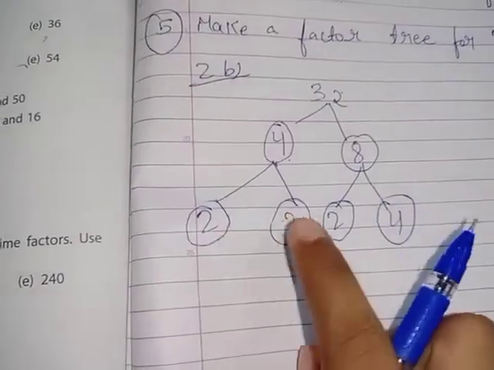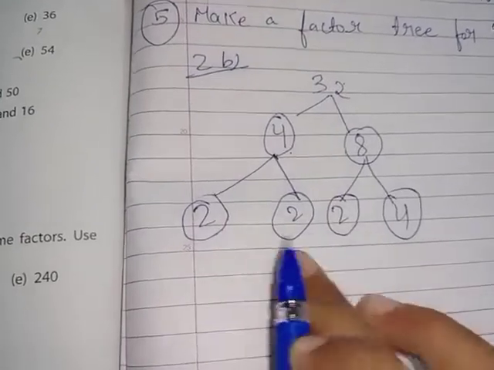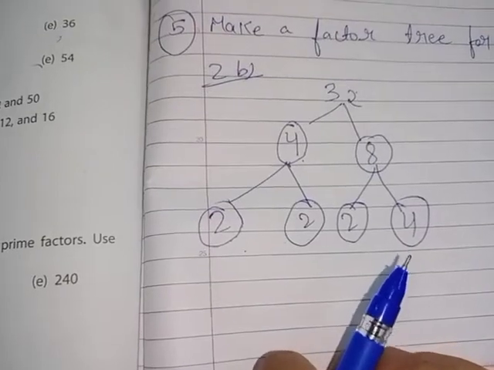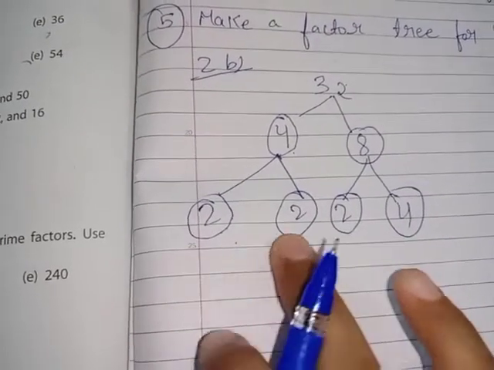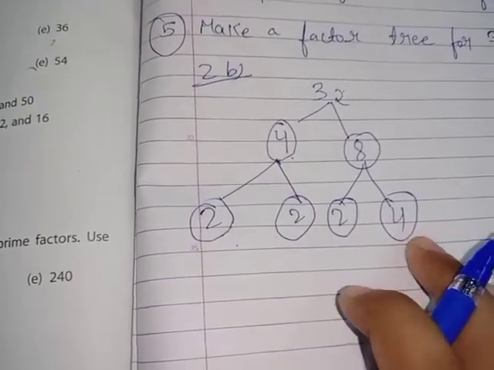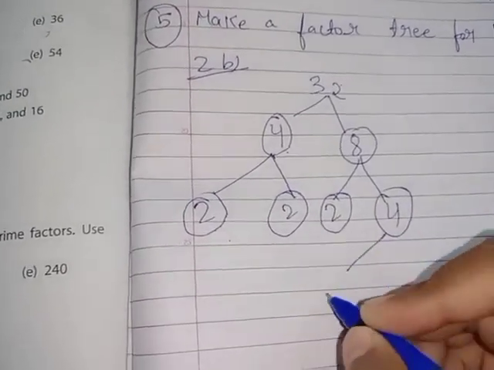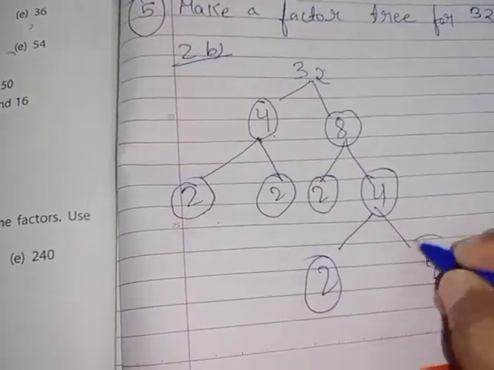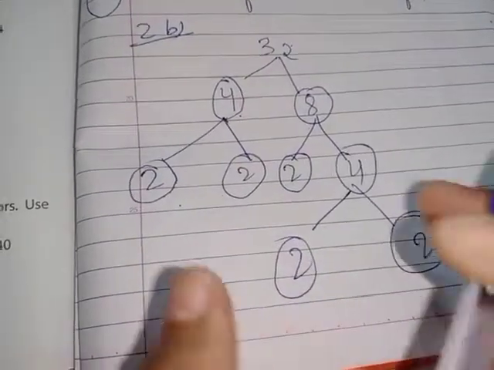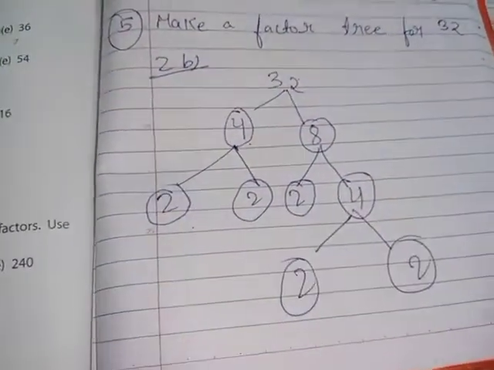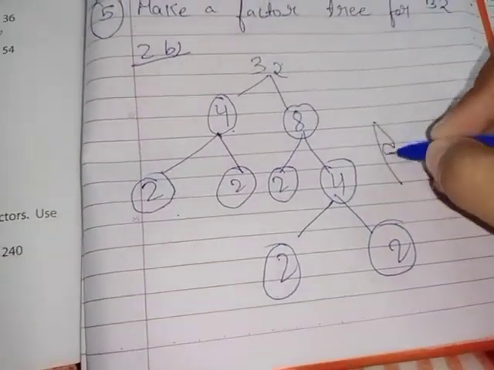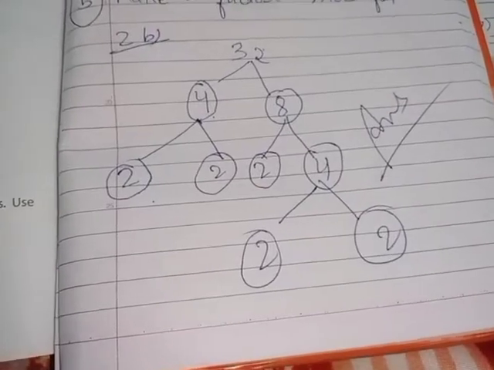We are given 2, 2, 2 and 4. 2, 2 and 2 are those numbers which will not come in any other table. They are prime numbers, so nothing to do with these numbers. Only we will solve this 4 because this is possible in another table. In the table of 2, 2 times. Now you can see we have got 2, 2, 2, 2 and 2. So it is not possible to continue further because 2 does not come in any other table. So this is your factor tree for 32.